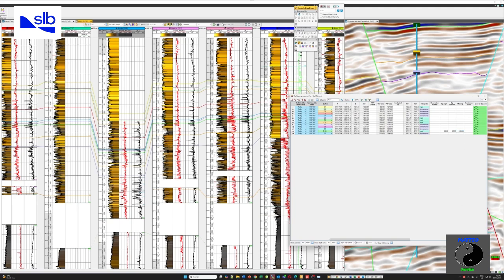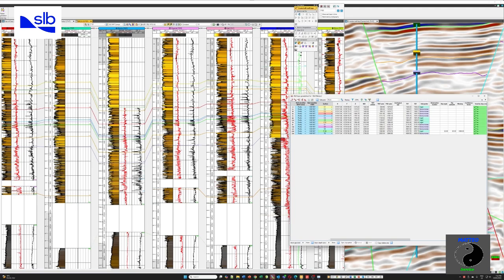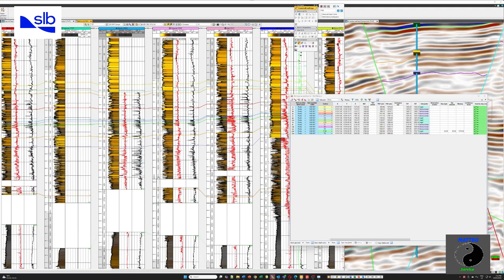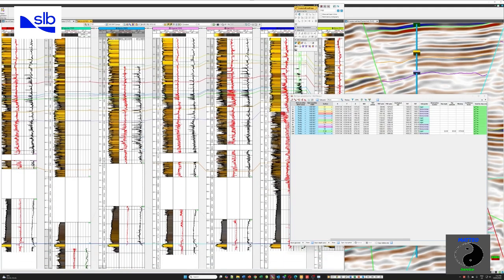Hit apply. And it updates, but it's still not enough. So let's try minus 1570, because that's the right number. And now you can see that, assuming that there's no significant thickness changes away from the well, that our